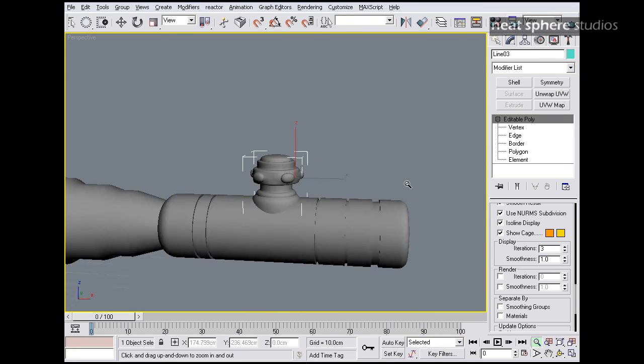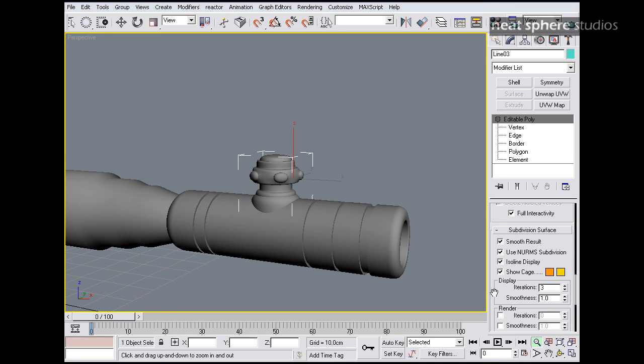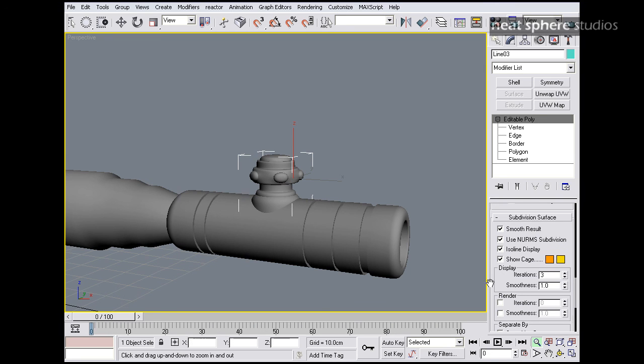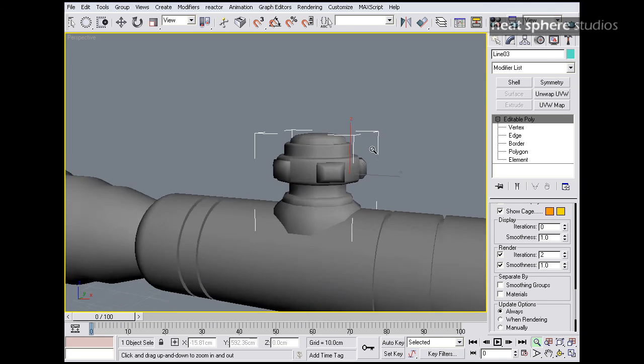The other thing to remember just before I go. You can see here I'm using the NURMS subdivision within the viewport, and I've got it set to iterations 3. You don't have to do that. If you don't have quite such a whizzy computer as I've got, what you can do is you can turn this down. You can even turn it off. But so long as your render iterations are up where they should be, then when you press render,